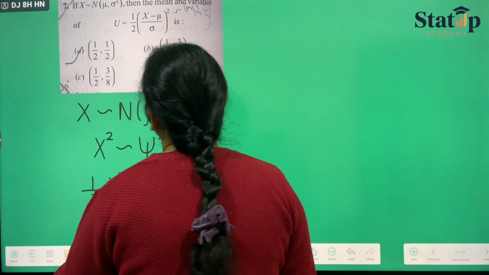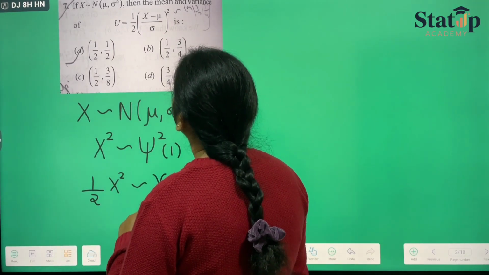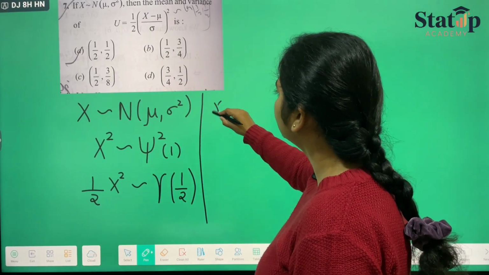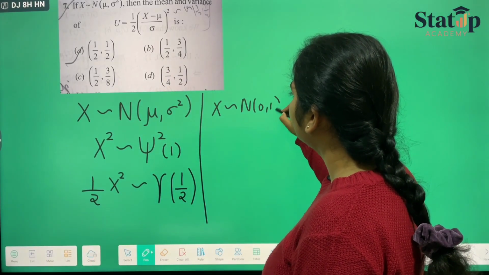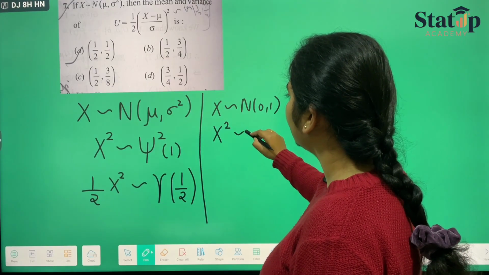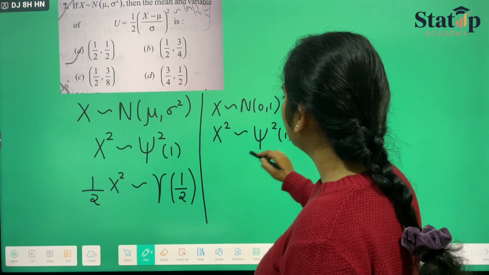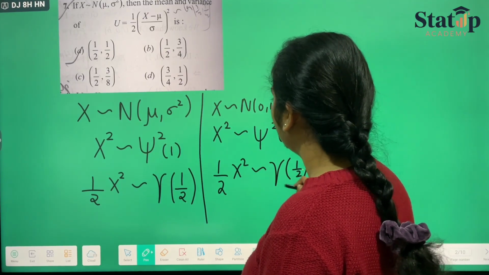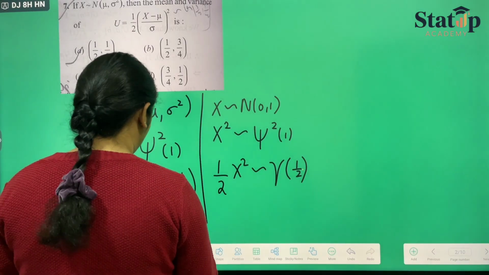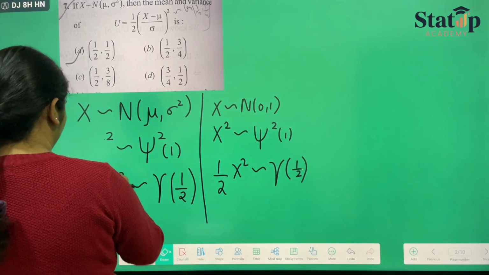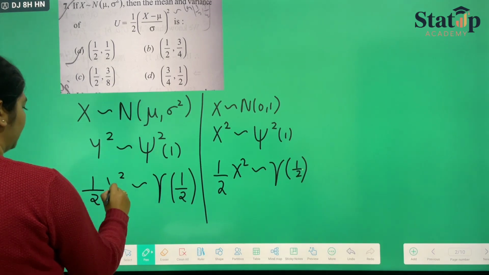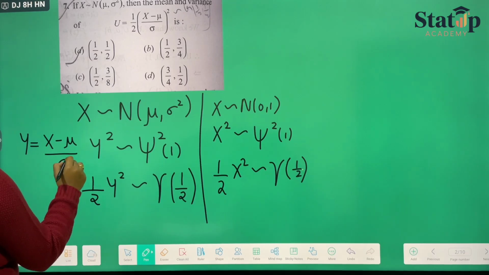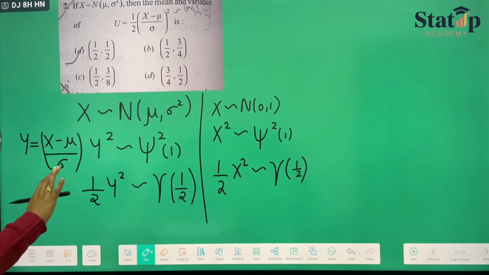And if we are talking about x follows normal 0 and 1, then also this property follows. X square is chi square 1 and 1 upon 2 x square follows gamma 1 by 2. But here instead of x square we have to take y square, where y is nothing but equal to x minus mu upon sigma, whole square,